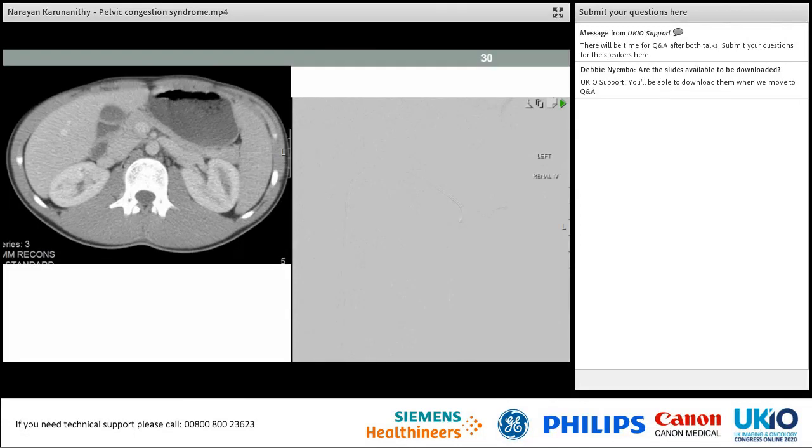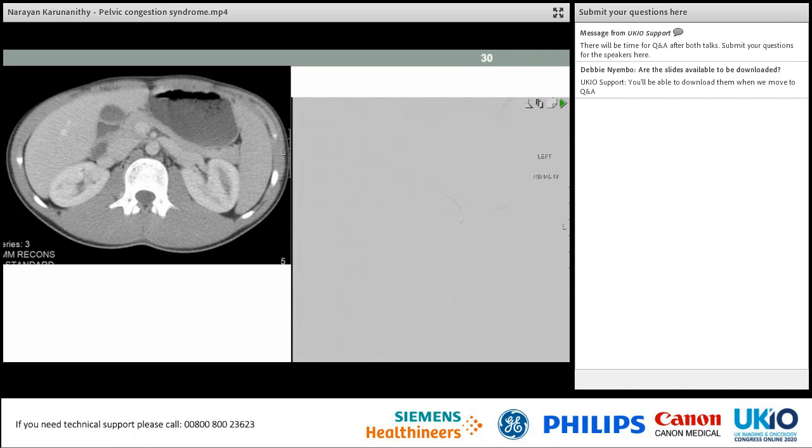And for the sake of completion, again, this shows a dilated left renal vein and there's marked change in caliber as it passes between the abdominal aorta and the superior mesenteric artery. In a patient who previously had surgery and transposition of a retroaortic left renal vein into an anterior position. So again, this sort of configuration is commonly seen, and the clinical significance of this is hard to understand, but